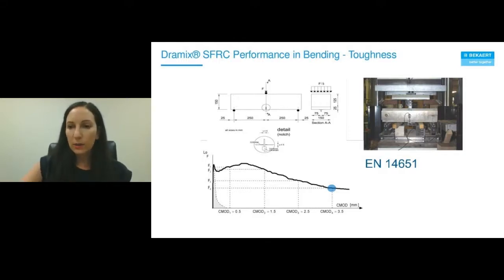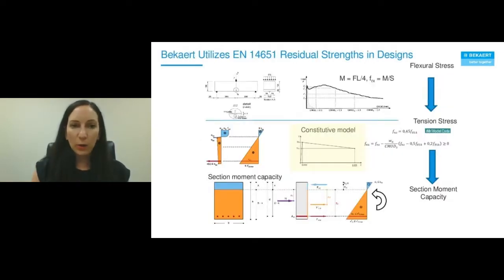Now, why, let's see if we can get back here. There we go. How does this work, right? When we're actually doing our calculations, this is simplified, but generally speaking, we need to find a way to convert that flexural stress into a tensile stress such that we can determine what is the moment capacity of this section, right? Because that's ultimately what we're trying to calculate in this particular example. So we take the raw data in this top middle image here, like we saw in the previous slide, and simplify it into what I've highlighted in yellow in the center, a constitutive or simplified model of that same data,